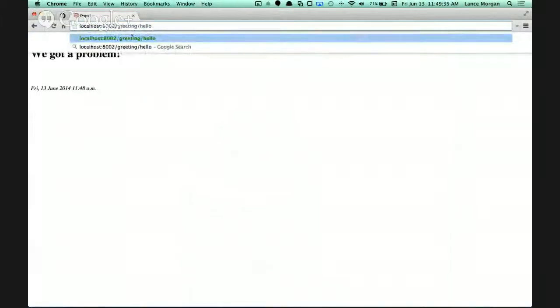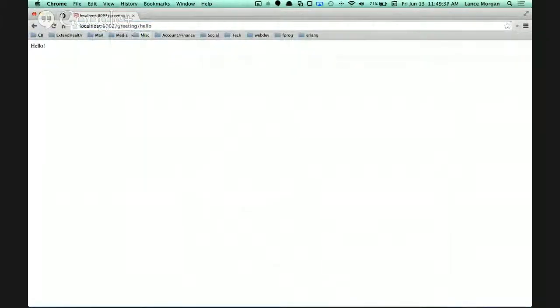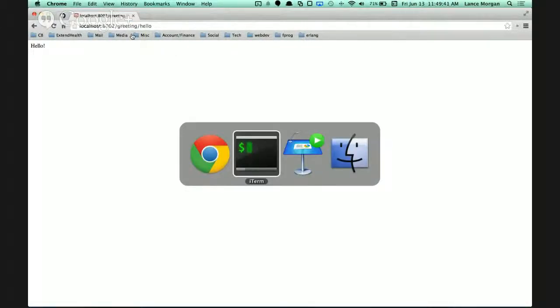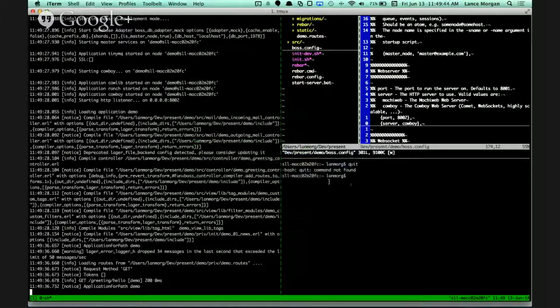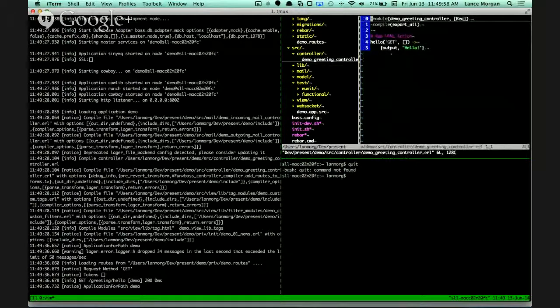Okay, we'll try to hit it at 2. There we go. All right. So there's also different tuples that you can use. Let's go back to our controller. If we wanted to do JSON instead,